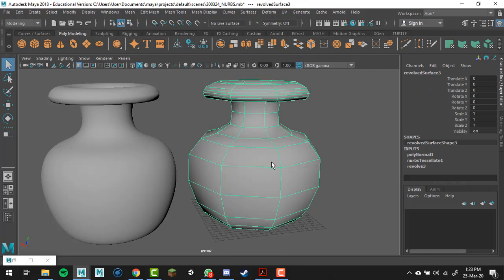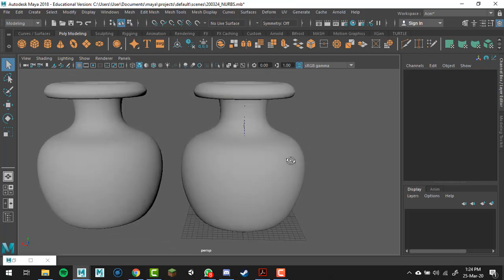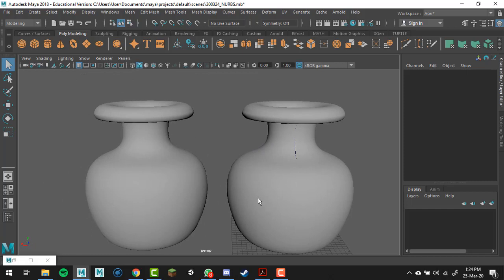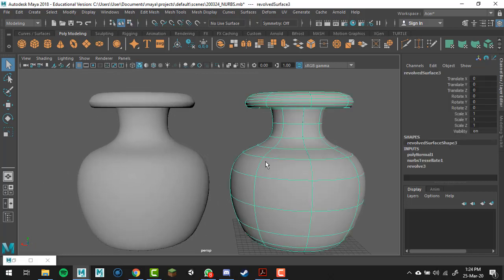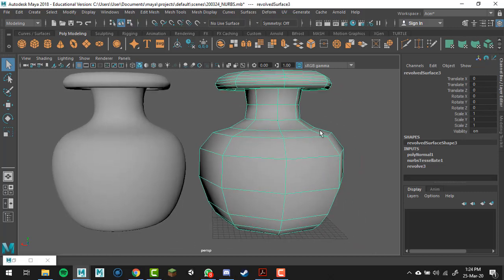But remember our shortcuts of 1, 2, and 3. So I'm flipping from 1, this is 1, this is 2, the control cage with the subdivision preview, and 3 is basically how the mesh looks if you were to subdivide it. Right, and if you unselect, you'll see that it looks more or less the same. And we can make it much smoother if we run a subdivision algorithm to it. So right now it's smooth, but we can always press 1 on our keyboard and we can still edit it